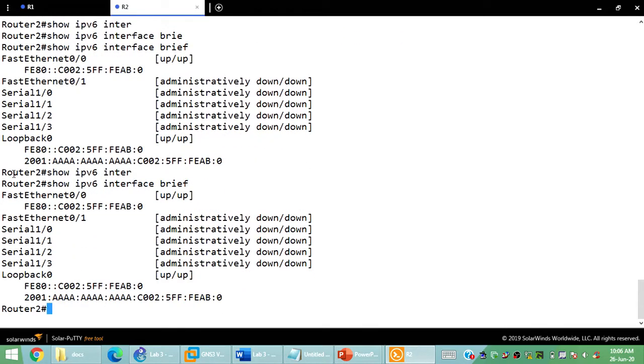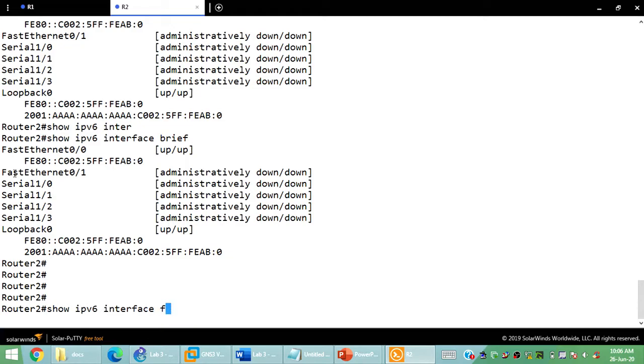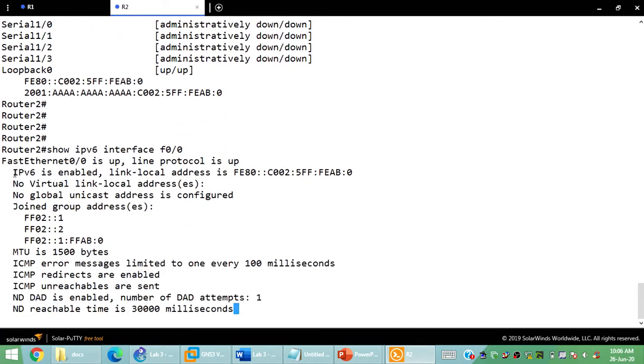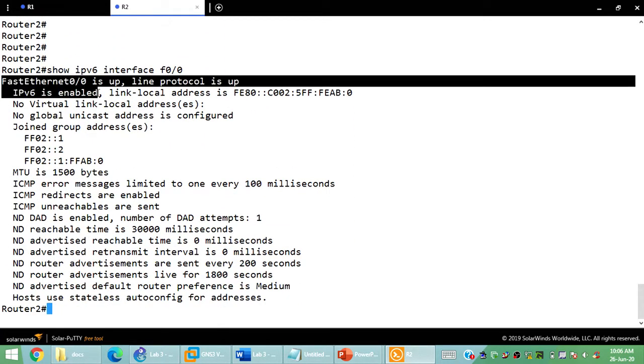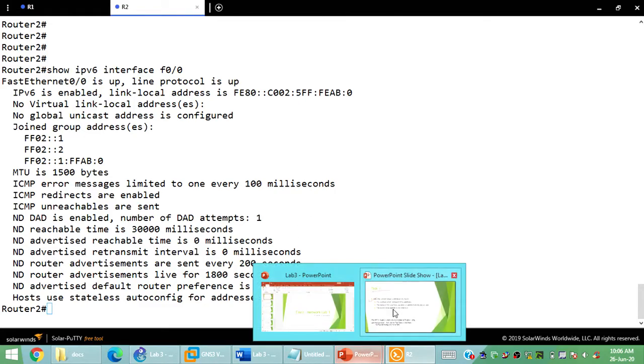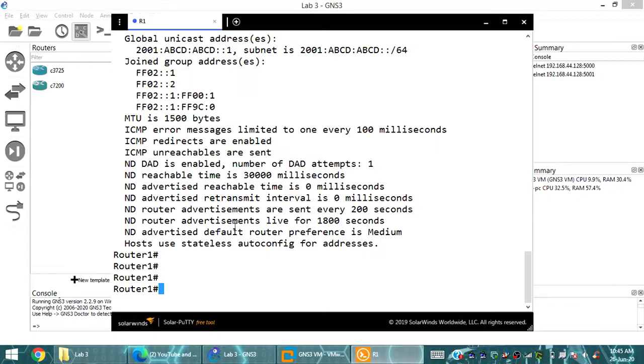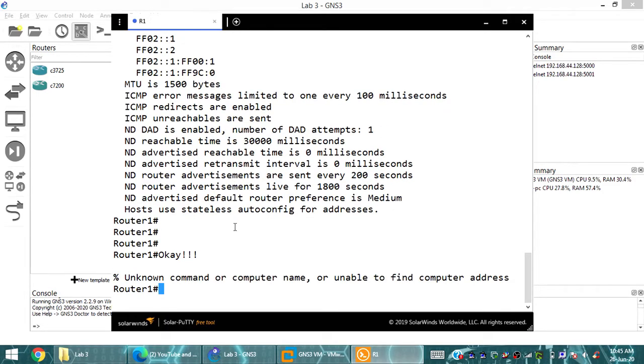So in this lab, I'm going to collect all this information and go for the next chapters, which we are going to show in the next videos. Fine. Okay, so all these things are pretty easy. We have seen the subnet mask, we have seen the status of the interfaces, and all this stuff.